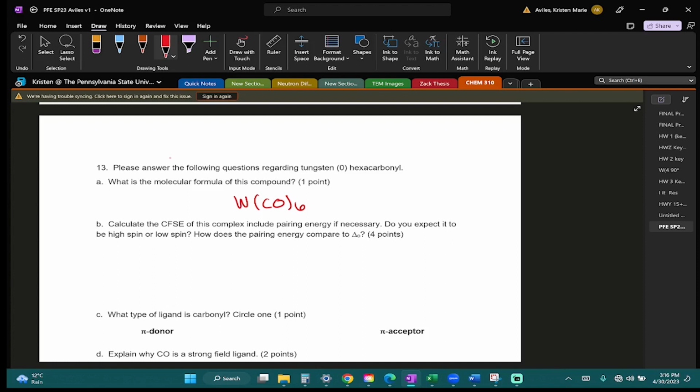Well, it tells us it's 0. So our electron configuration is 6s2, 4f14, and 5d4. We're just looking at d splitting, so we don't care about those f and s electrons. We're just going to look at our d electrons. So since I have 4 d electrons,